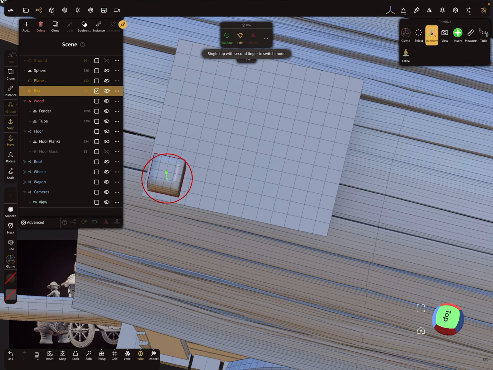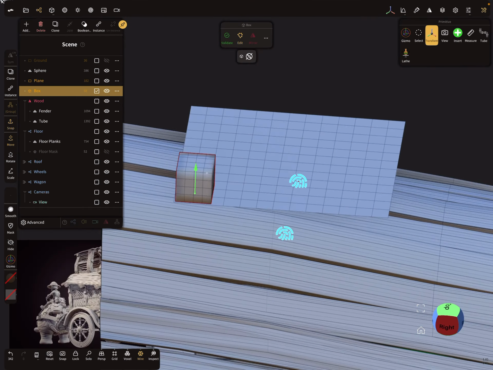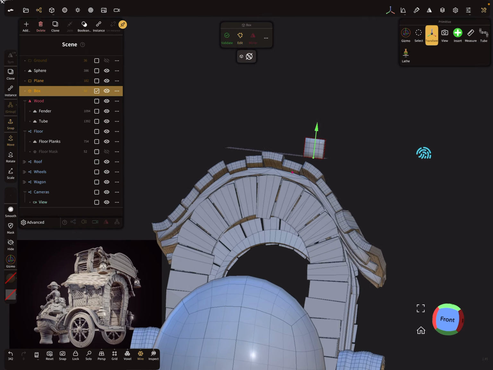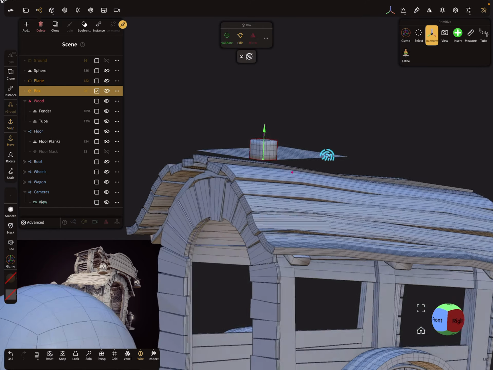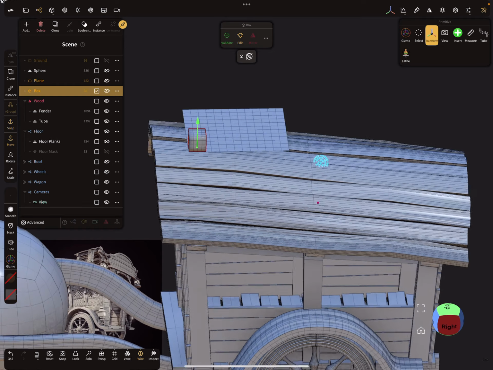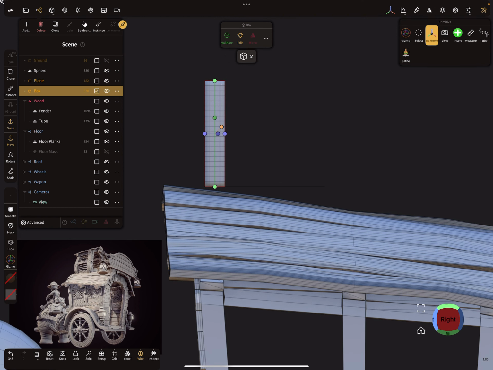And now I place the box. So the size is okay. Maybe something like this.